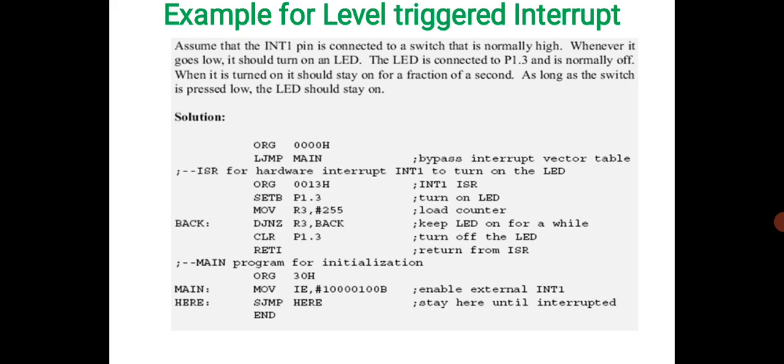So this is the main program. First it shows the main program where you will be setting the port pin 1.3 to turn on the LED. Then we are giving a small delay. Then we are clearing the port pin 1.3 so that it will turn off the LED. And this will jump to the ISR for this particular INT1, where we are enabling the IE register. As soon as you press the switch, triggering it through an external hardware interrupt, the LED will stay on for a delay, and then it will remain off. If you want, we can keep it continuously.